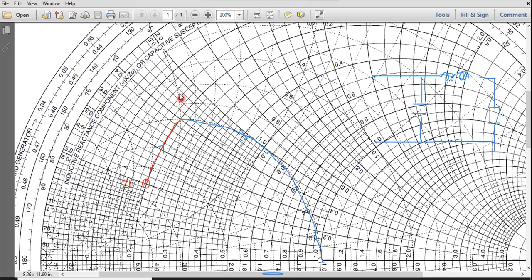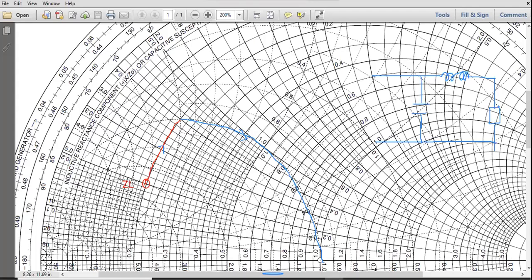So you just go from here. What is the value you can read here? Anyone can read this value? How much is this? 0.5. Now two values are here, 0.5 or 2. Whether it is 0.5 or 2, which one do we have to take? This is very, very essential. I'll just mark it here.